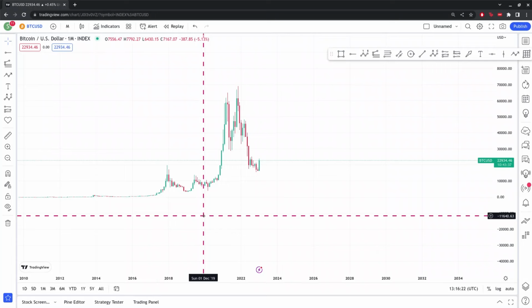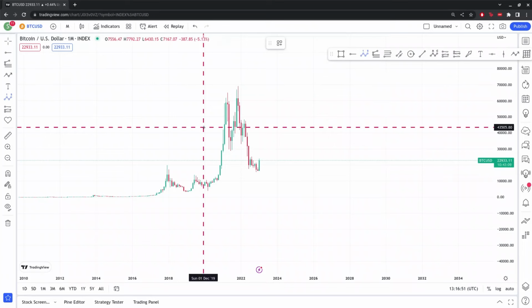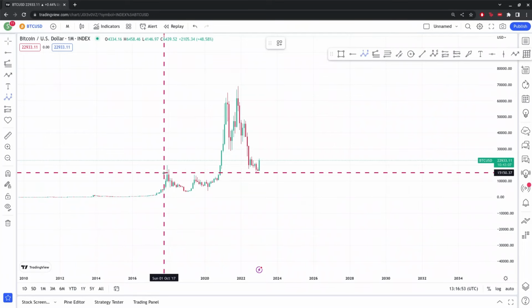So it would be a good idea to pay attention to the higher time frame. You can see the market phases. The first phase is either the market is making an uptrend, so the market is making higher highs, higher lows, or the market is making lower lows, lower highs, so that's a downtrend, or the market is moving within a range. In this case, the market has been making higher highs, higher lows from